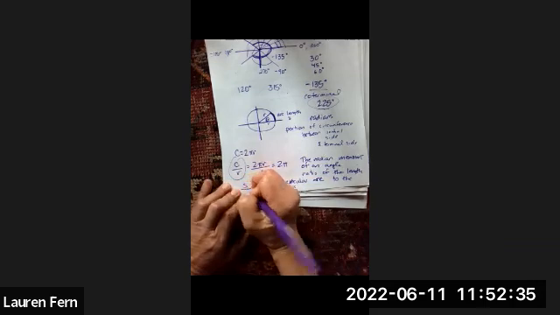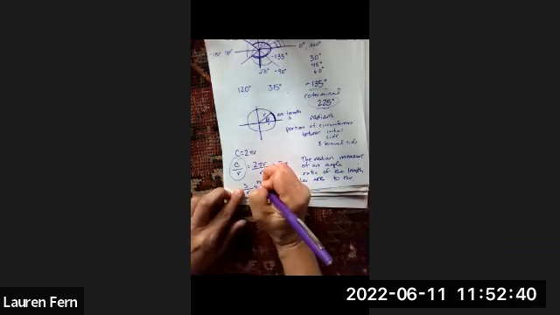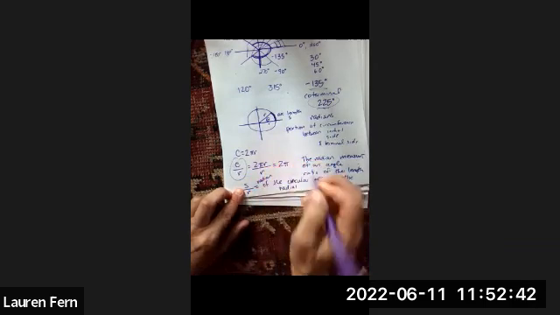In other words, we're looking at the arc length over the radius, and that is equal to our radian measure